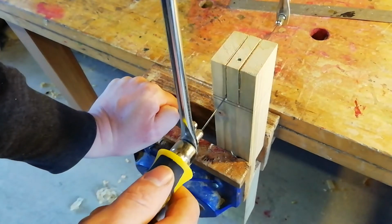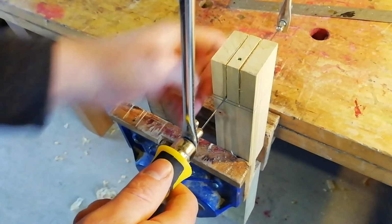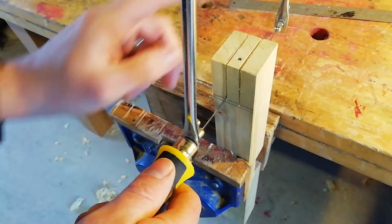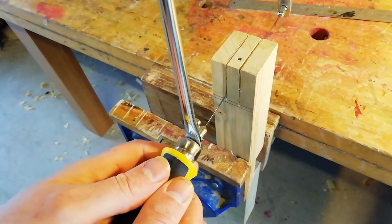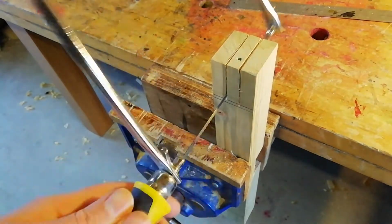So when you come to cut the bottom of this joint, bear in mind that the joint is higher on one side than it is on the other, and you will have to cut at a little bit of an angle. Pay close attention to both sides of the joint as you're cutting this bottom piece out. Start just a little bit from the bottom of the joint, turn your saw,